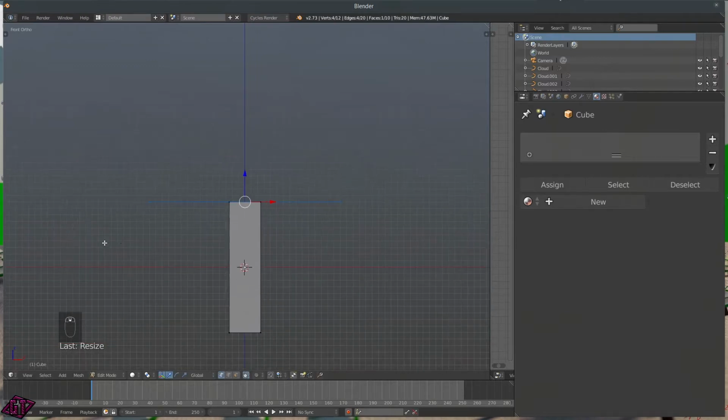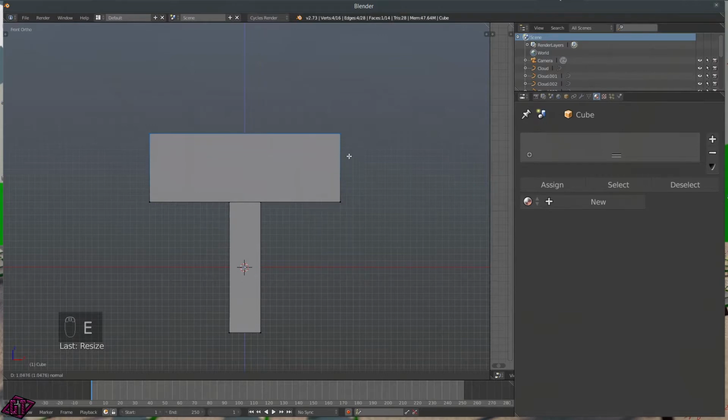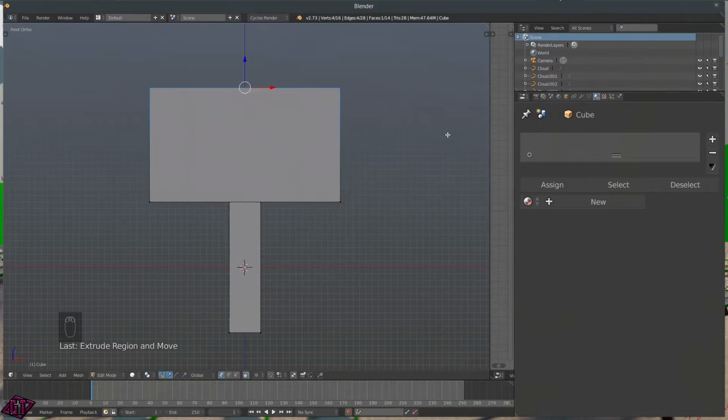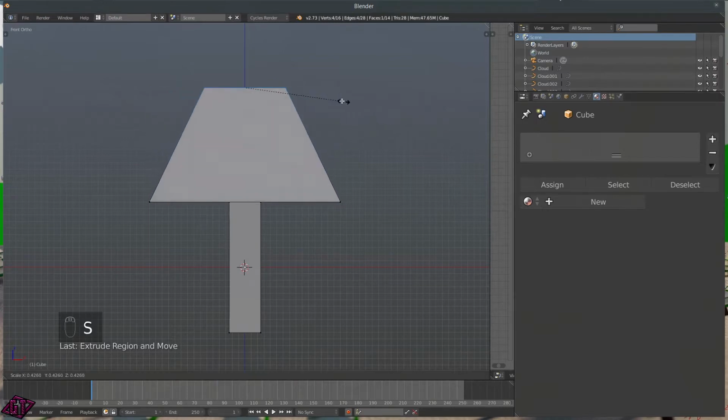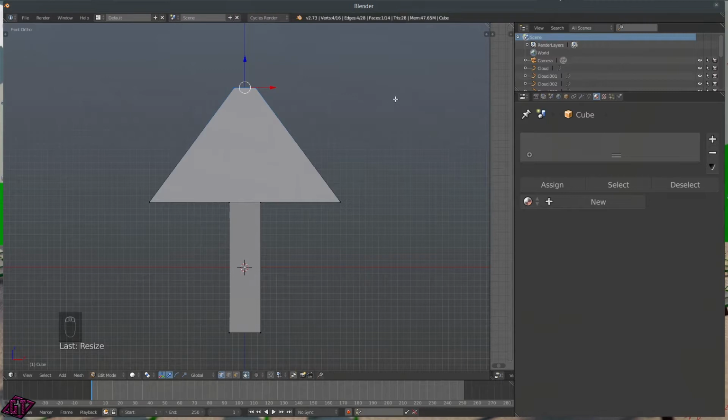To about right there, and then let's go ahead and extrude again along the Z axis, and then let's press S to scale, and let's scale it in to about right there, and then let's extrude, right click off of it, scale,